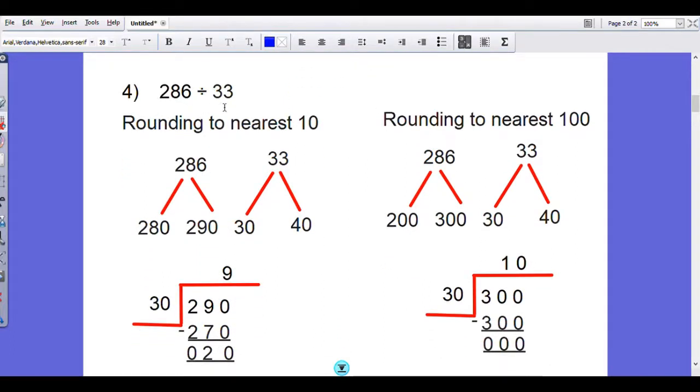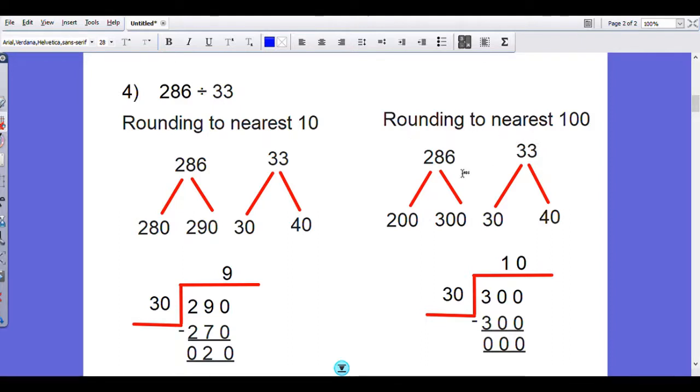286 divided by 33. Now 286 is a three digit number, that means two possibilities, either nearest to 10 or nearest to 100. So student, first of all you have to clear it that there is no need to solve both methods. Either you round the number to nearest 10 or to nearest 100, it's up to you,